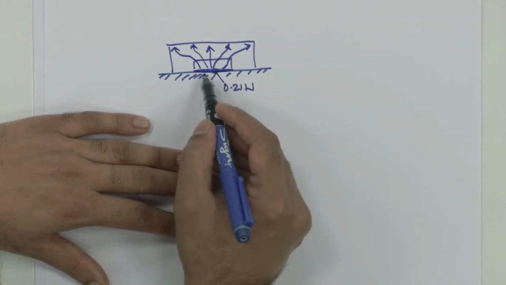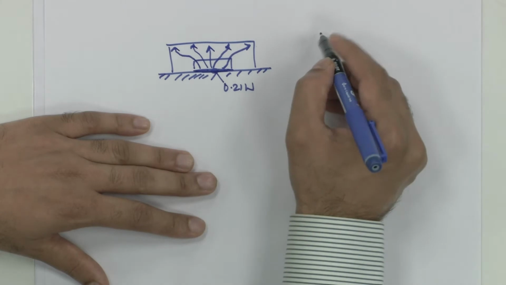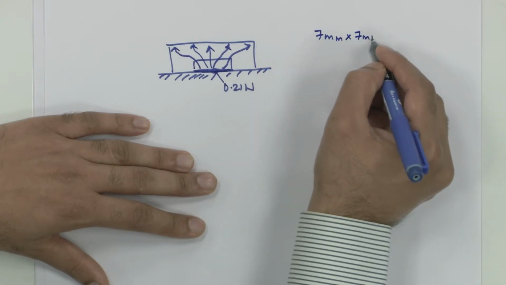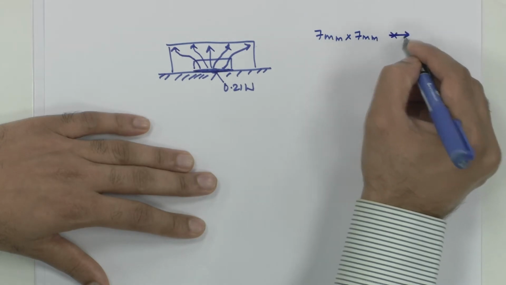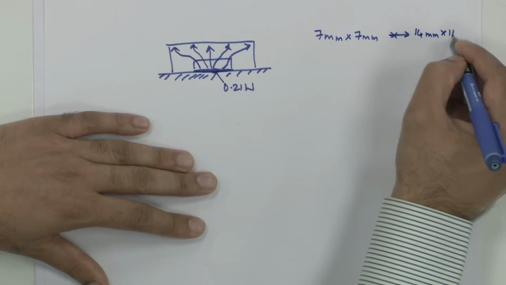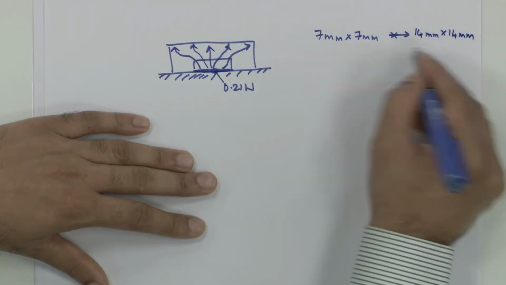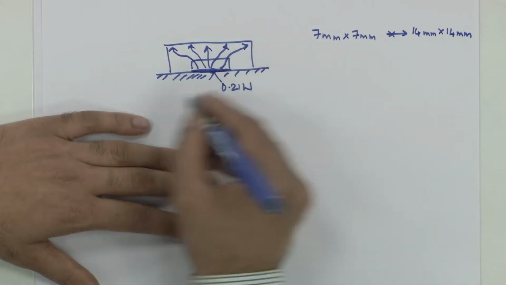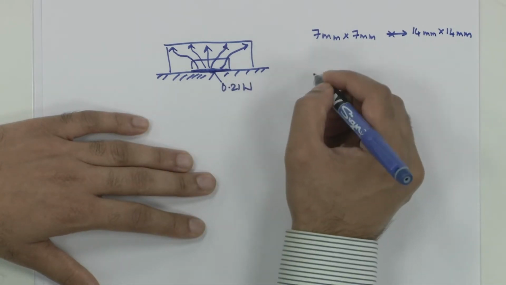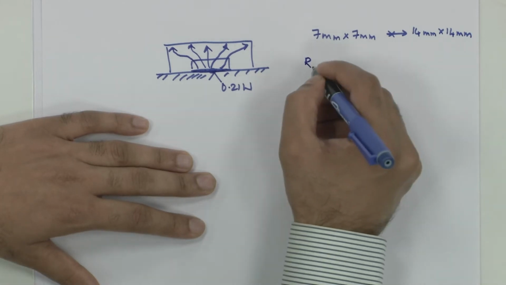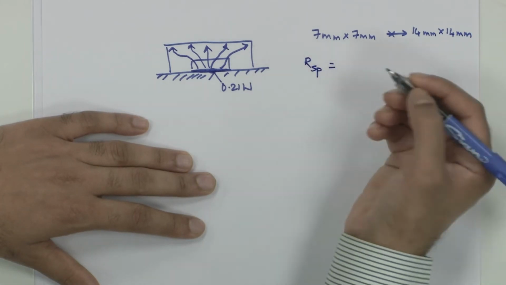There is an area change from 7 mm by 7 mm to 14 mm by 14 mm. Because of this area change, one has to account for the spreading resistance, and using a well known formula for spreading resistance, one gets